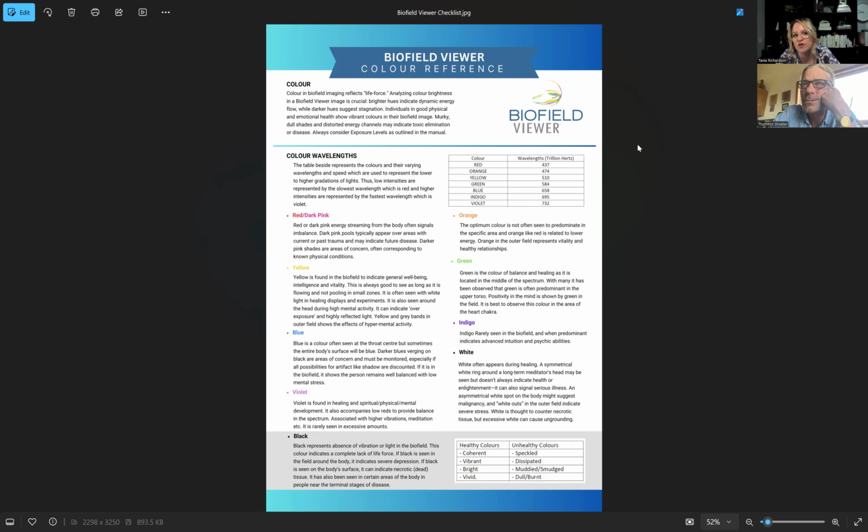We see a lot more of the dark pink and the red with emotions, where in the biofield viewer you see more of the red in some of the areas. So I'm getting a tug on my ear, and it's the word karmic. I think red and pink speaks to karmic issues in a way that other colors don't, because it's the breadboard,